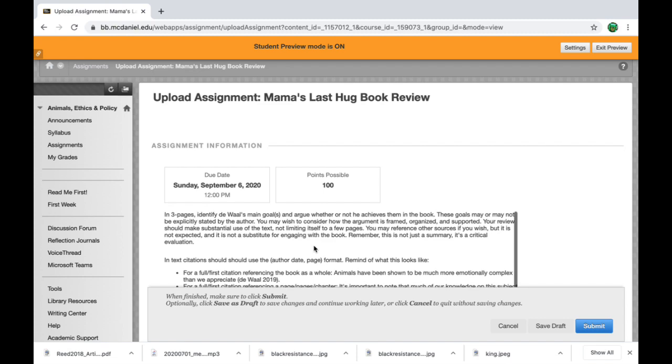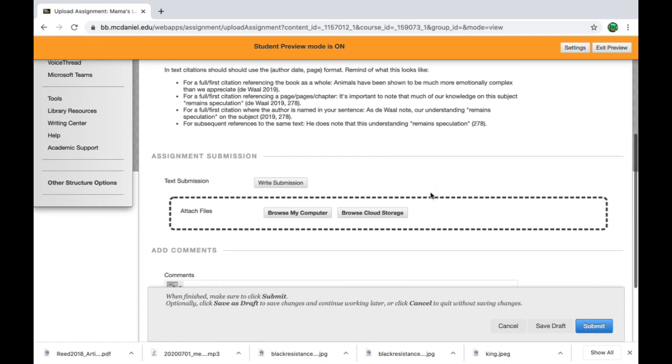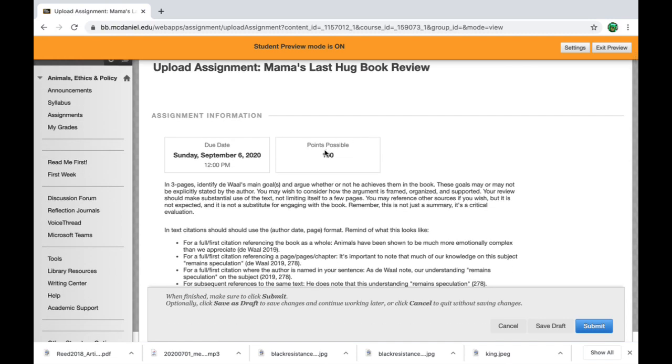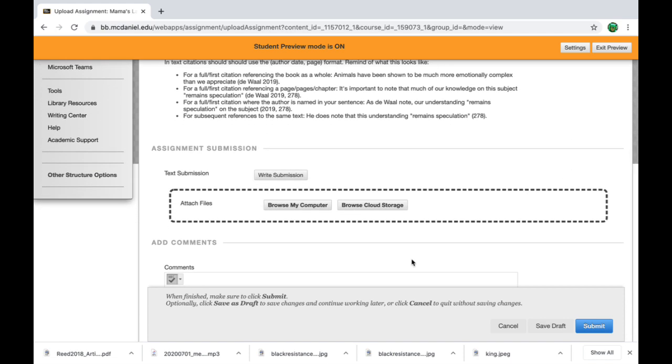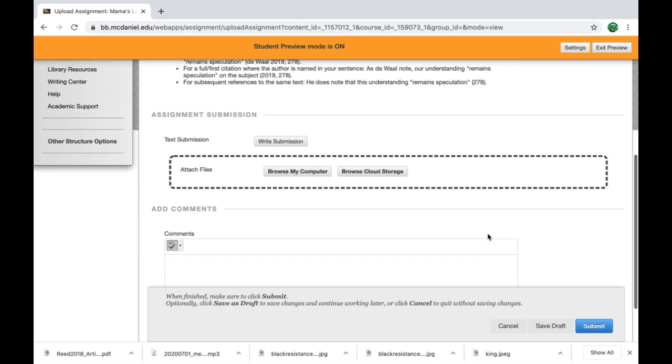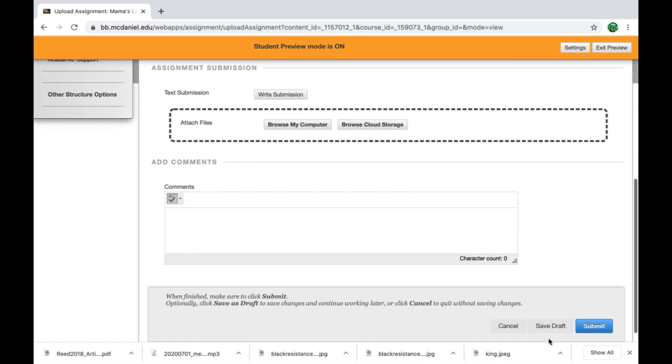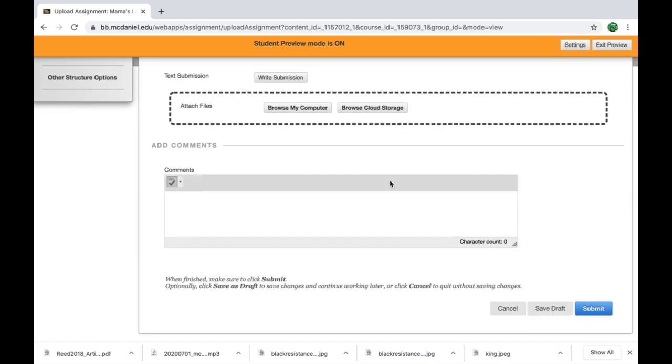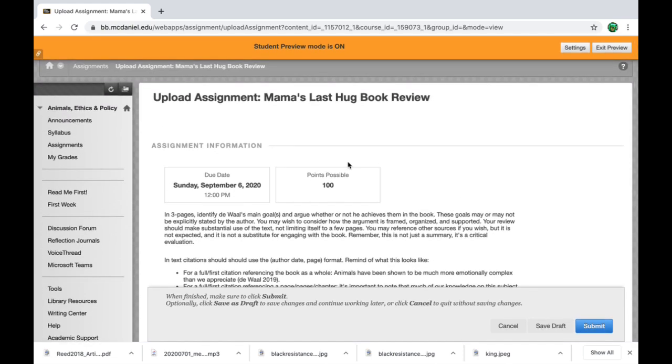You can go into them. You can see the due date. You can see the points. Everything's out of 100. I weight them in the grading section, but every assignment will be out of 100. And this is where you can attach your submission, your paper here. If there's some kind of issue or whatever, you can add a comment, hit submit,